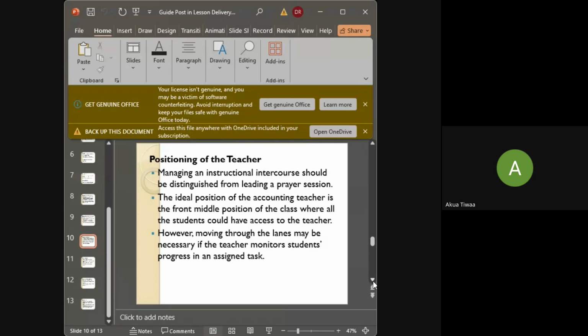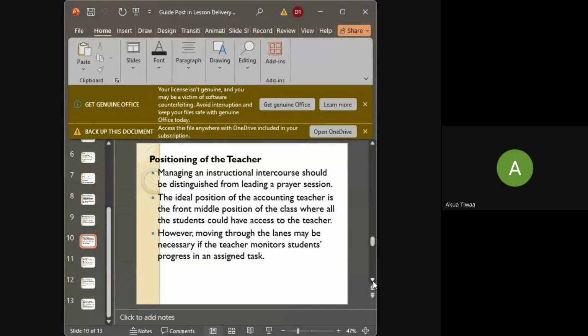And then don't forget you need to write your date after you have divided the board. You write the subject that you are going to treat. If it is mathematics, you write it. If it is accounting, you write it. Don't forget your date. And then when you have introduced your lesson, the topic that you are going to treat also comes. If you have divided it into three, it means you are going to start from the middle and then move to your right and then to your left.